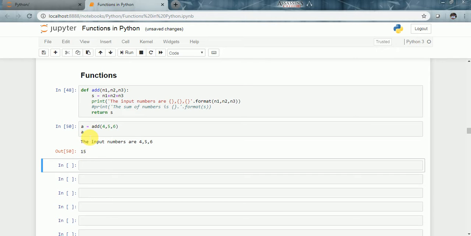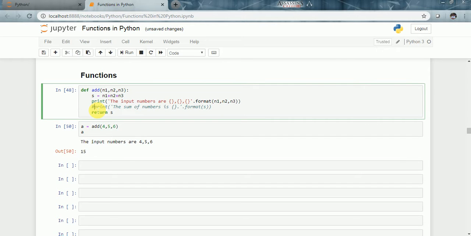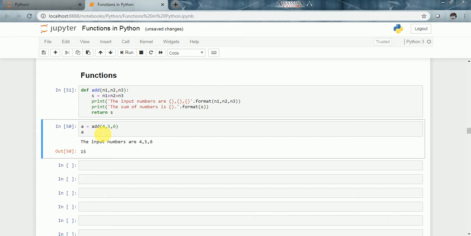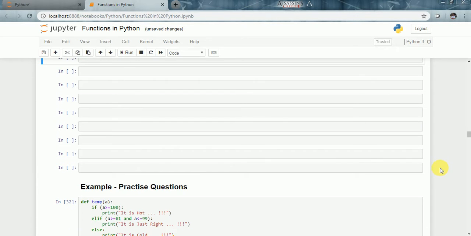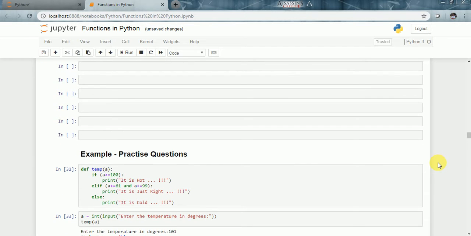So you can do it in this way, or you can simply remove this print, comment out this thing, and you can execute it again. So this is how you define a function and then you call a function. Now I have an exercise for you. If at all you would like to try it out, here is a code